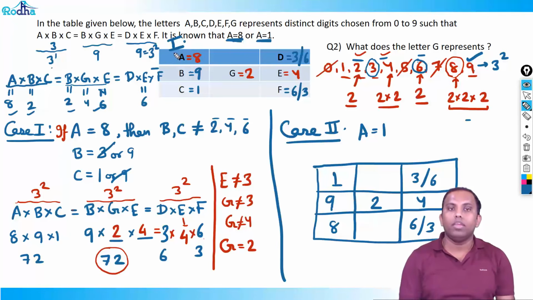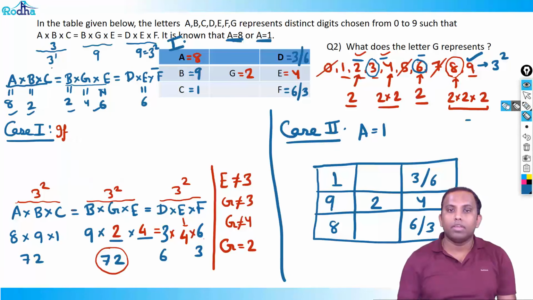So this is case 1 and this is case 2. Right? So I hope you got it. Case 1 and case 2. Okay. So let me make it now. I can make this case 1 here. I can make this table here also. Case 1 was if A is equal to 8. So what we got is,